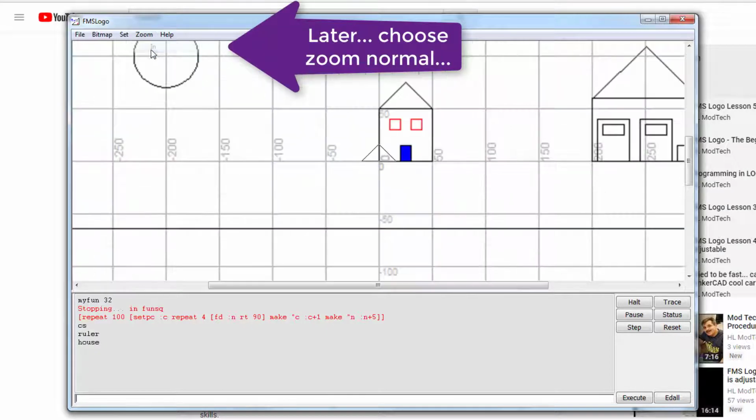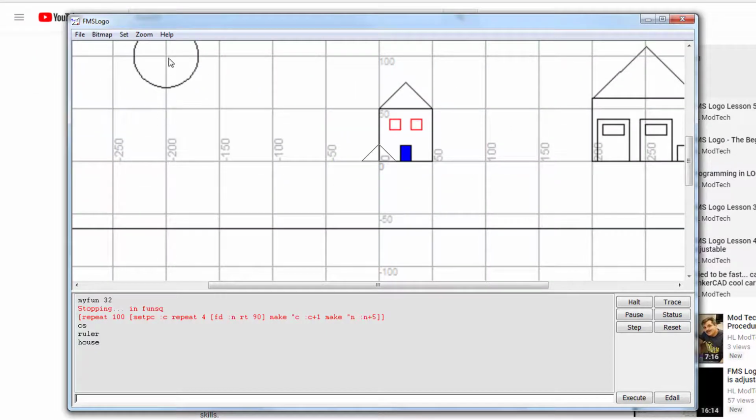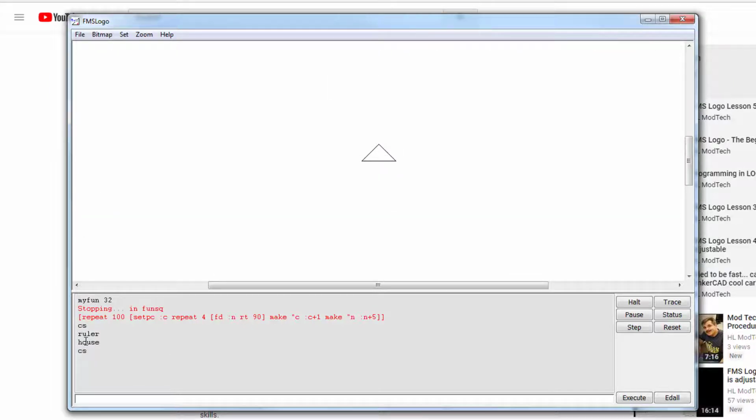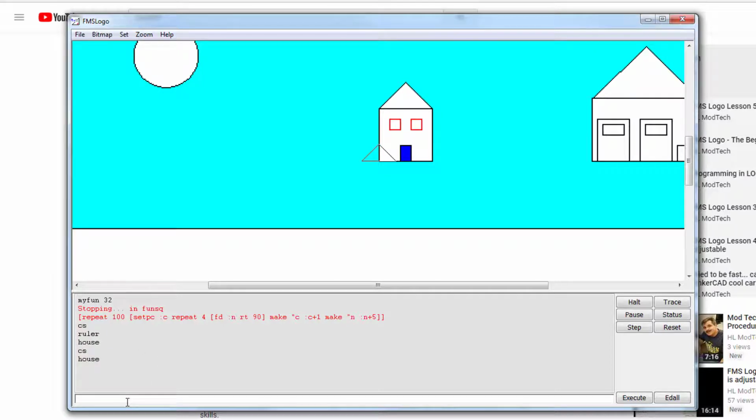I'm going to zoom in so I can see better, and this lets me see that I want to go negative 200, and I want to go up 100 so that I can paint my sun. So I'm going to store those numbers in my head, and then watch this. XY, negative 200, 100. I'm in the exact right spot to paint my sun,